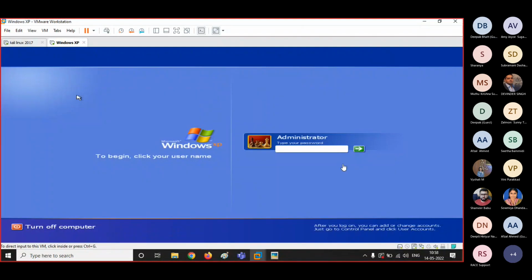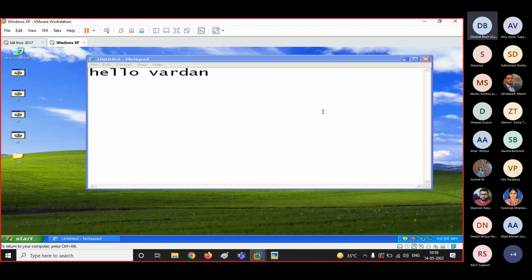It's locked out. So I'll try different passwords. Let's suppose I type the password "PASSWORD." Is it opening? No. I'll type 9876543221. Is it opening? No. I'll type admin. Is it opening? No. I'll type capital ADMIN. Is it opening? No. Let's suppose I type Deepak, DEEPAK. Is it opening, guys? No. But as soon as I type 123, is it back?